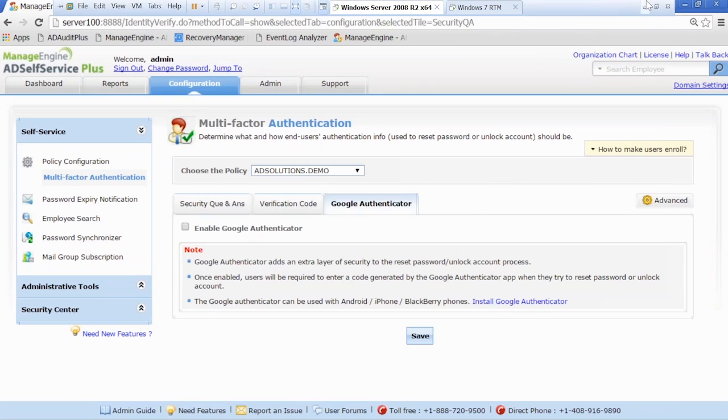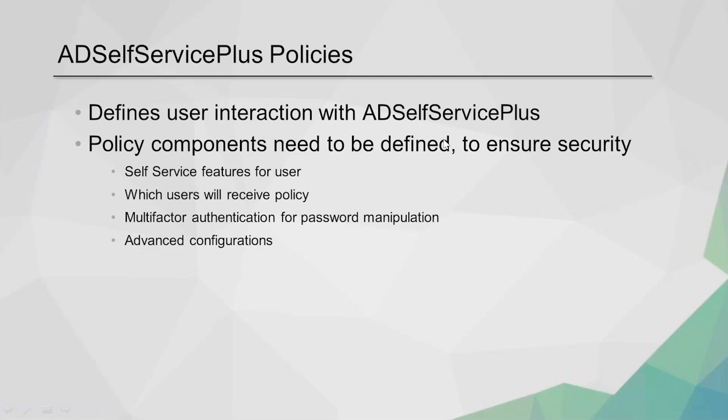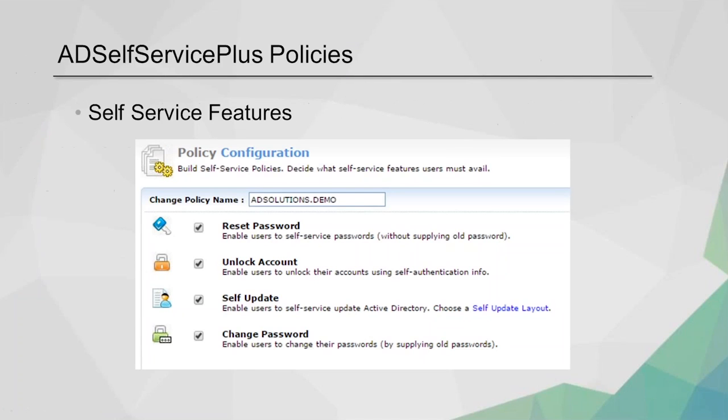Okay? So inside of the policies are where you define what they see, how they interact, and the security that's around that. All right? So the policy becomes the very first piece, and it's going to be what the end user actually sees in the environment.